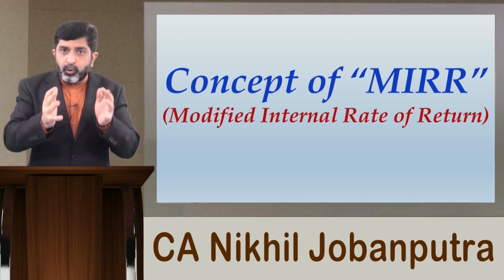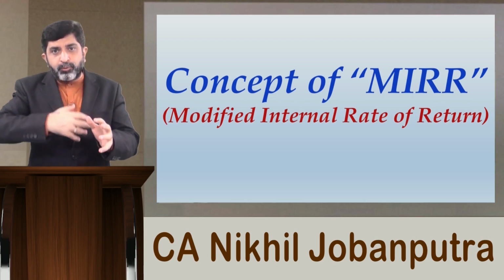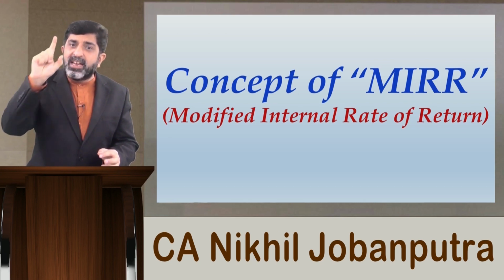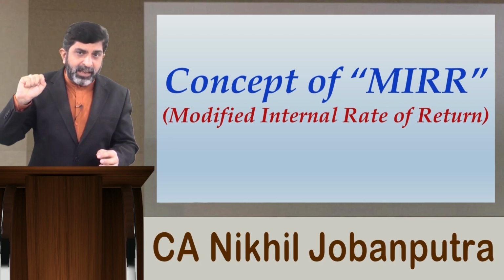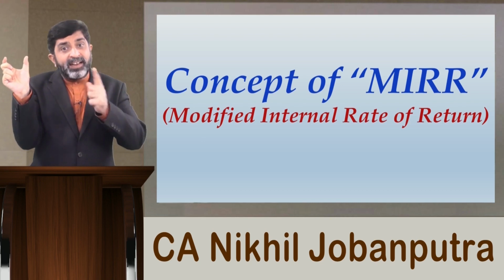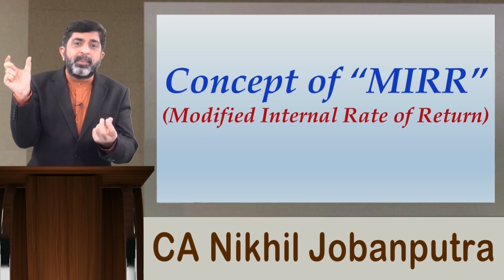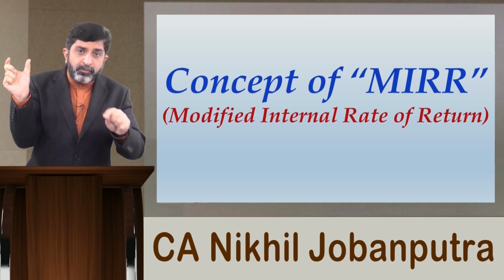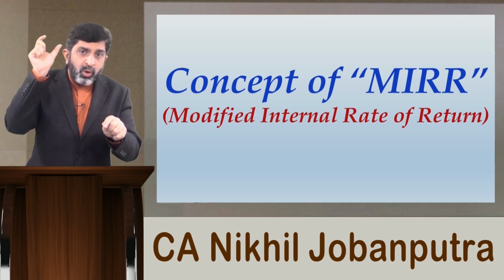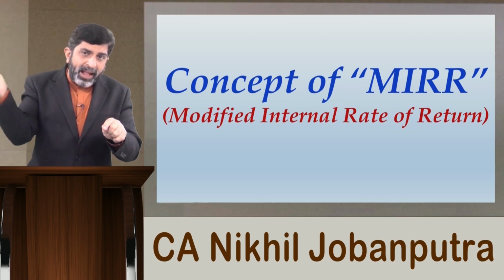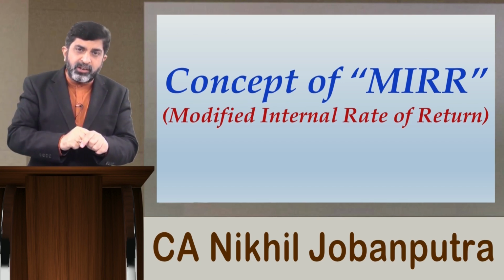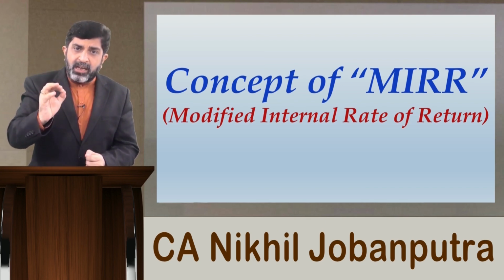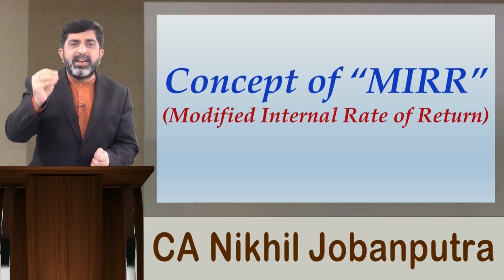So all your cash flows, first you reinvest these cash flows and arrive at a cumulative future value, which will be one single amount at the end of the project life. Because it is one single amount at the end of project life, simply determine its present value such that the present value should match with the cost of the project. The moment you are using a discounting rate to match the future value with the cost of the project, the discounting rate so applied will be the true IRR, which will be called modified IRR.